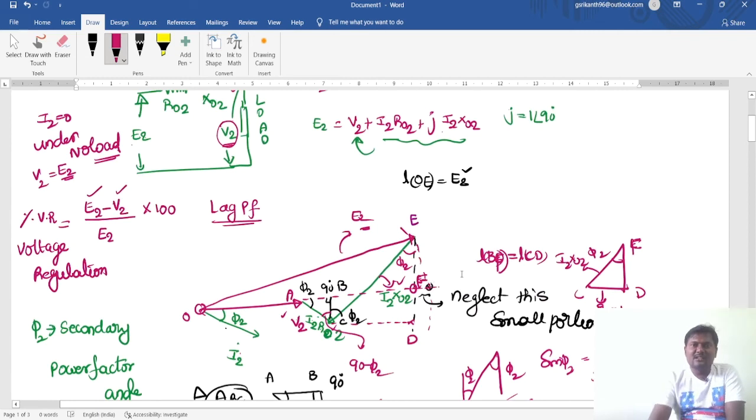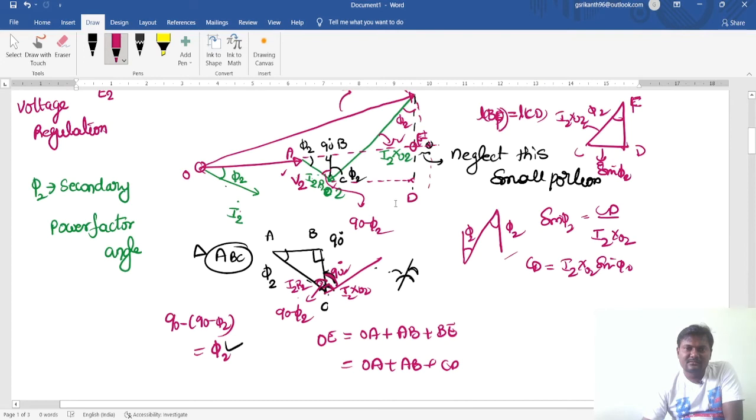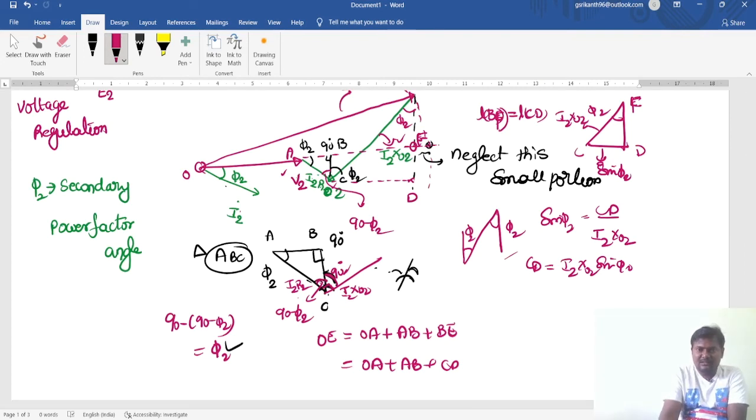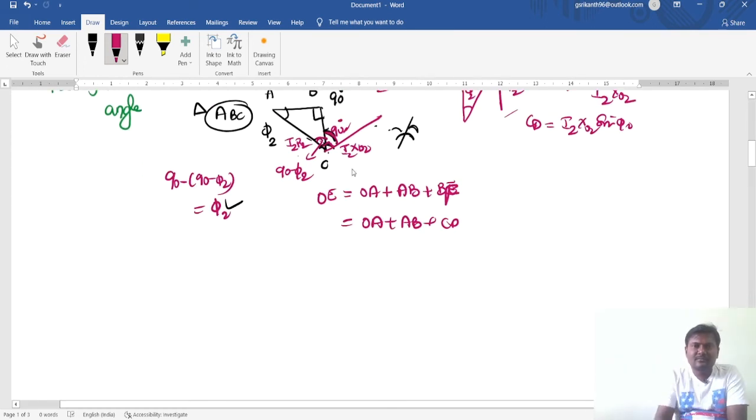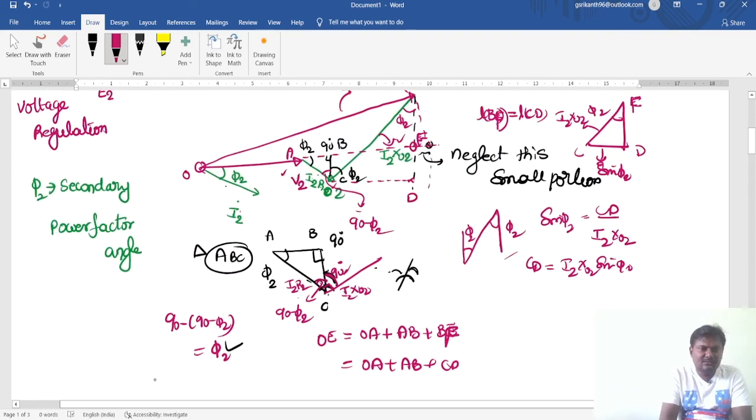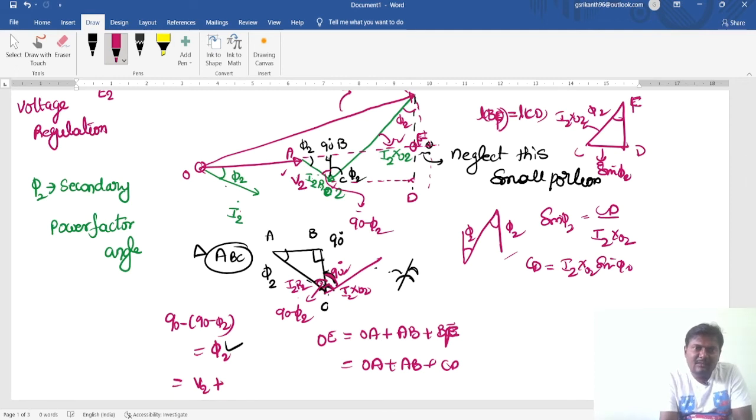See, already E is assigned here. That's why I am taking the F. Length of BF is equal to length of CD. What is the OA value? The OA value is V2. OA value is V2 plus AB. What is the AB? Again we are having one more triangle,